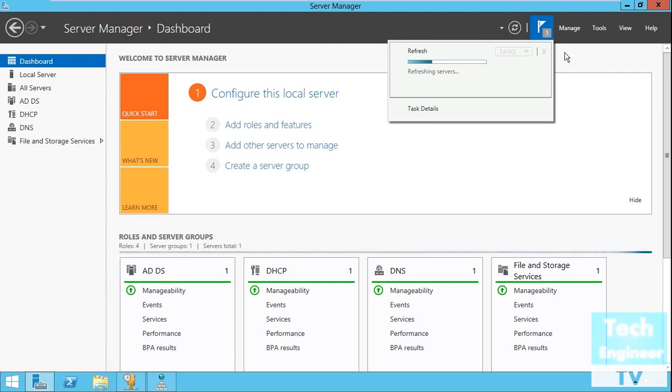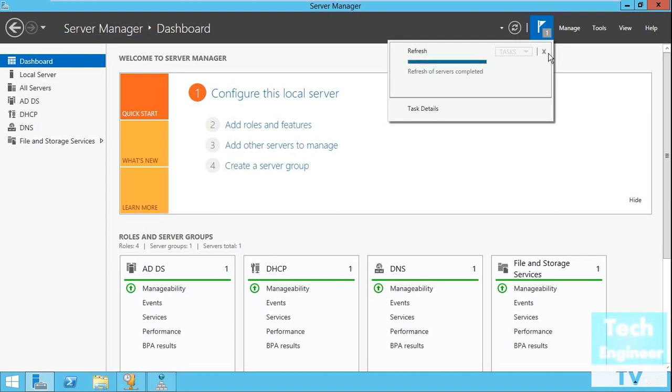So this is how we basically create a new scope and keep the default settings, but if you want to go ahead with the DNS configuration, you can create a new